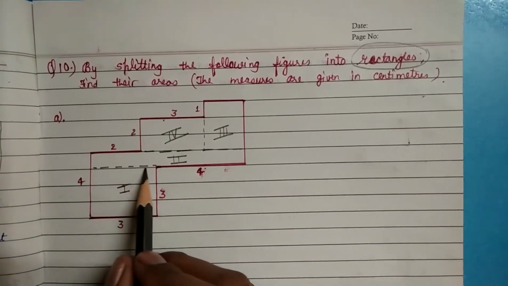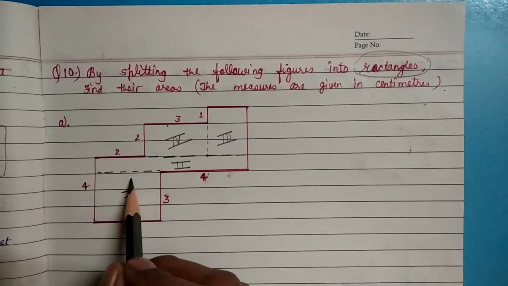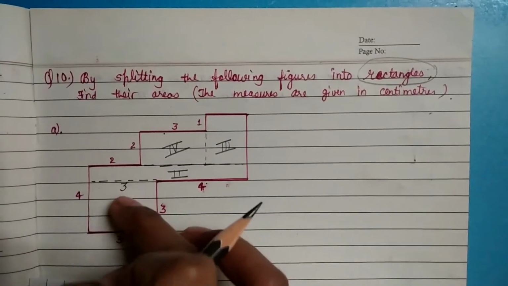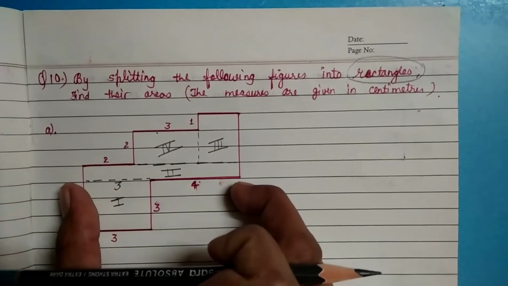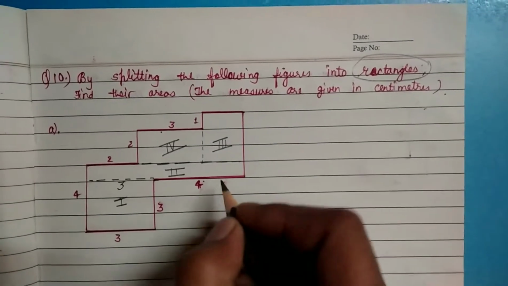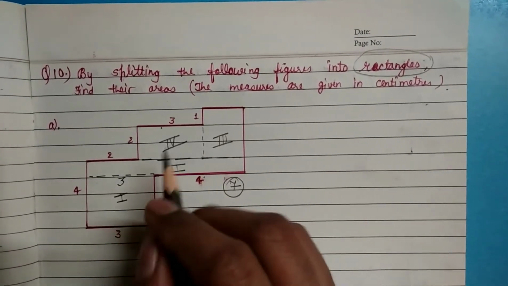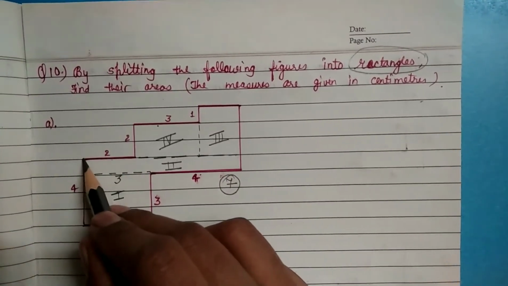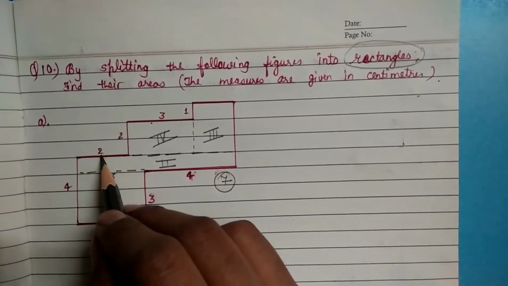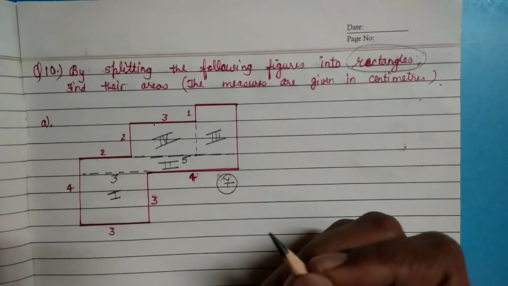Now the first thing is, what is the side where we have split the figure. You see here we split it, so this is exactly opposite of 3, so the length of this side is 3. Now this whole side, this completely 3 and 4 centimeter, is exactly opposite to this. 3 and 4 together is 7. It means from here to here exactly we have 7, but already 2 is here, so 7 minus 2 is 5. Here we have 5.